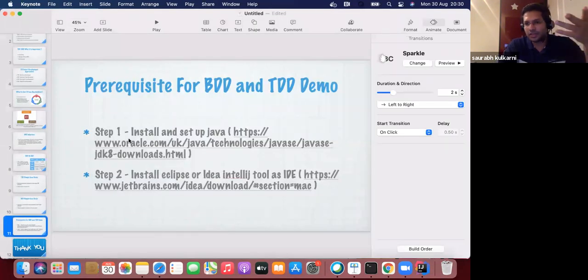For BDD as well, the prerequisites remain the same. You need to have Java, and you need to have the IDEA tool installed on your machine. Rather than thinking of some other example, because it also needs to be simple and quick, let's see the same functionality, which is the calculator, through BDD.